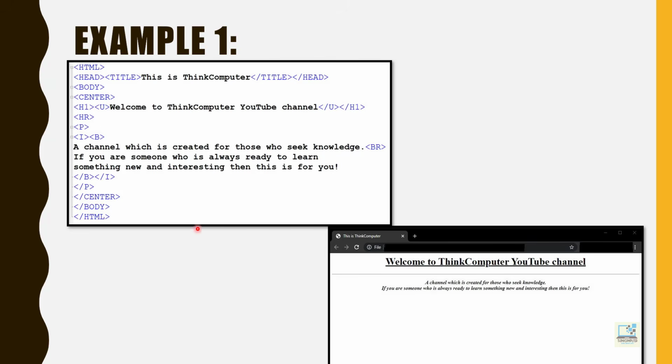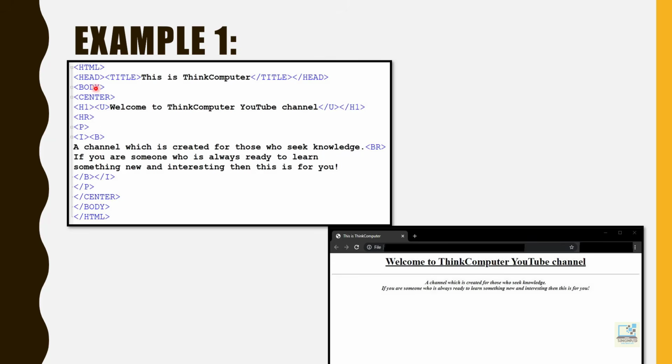So the steps are, first you need to type the HTML program in any editor. I am using Notepad++. After typing the HTML program, you need to save the file with any name, but remember to give the extension .html or .htm. Suppose your file name is mypage, so you have to write mypage.html or mypage.htm. Then you double click on that file to run that program. It will automatically open in the web browser.